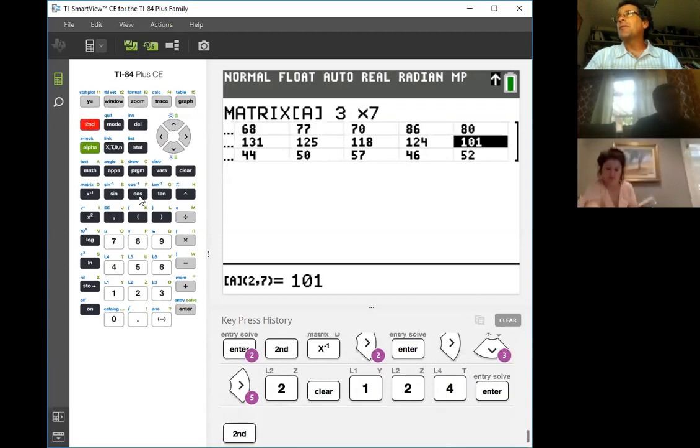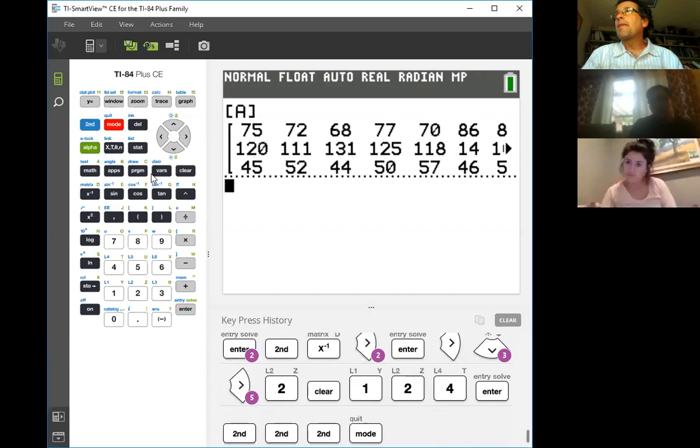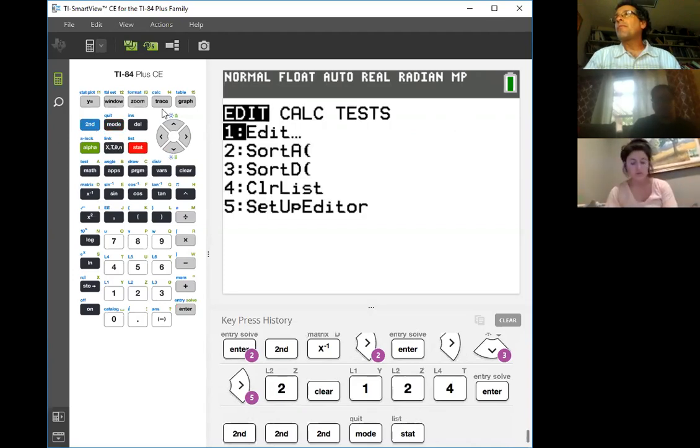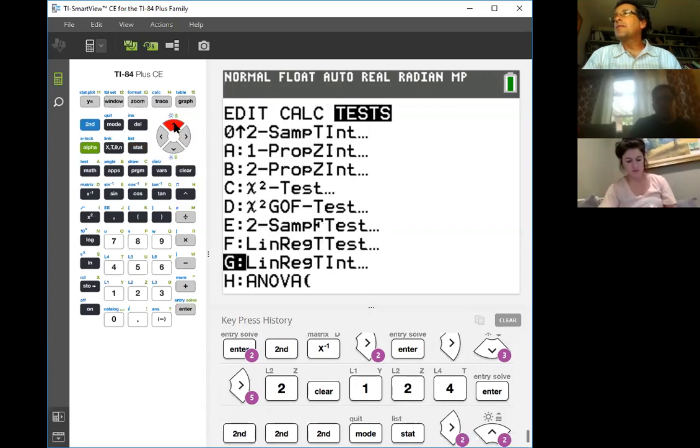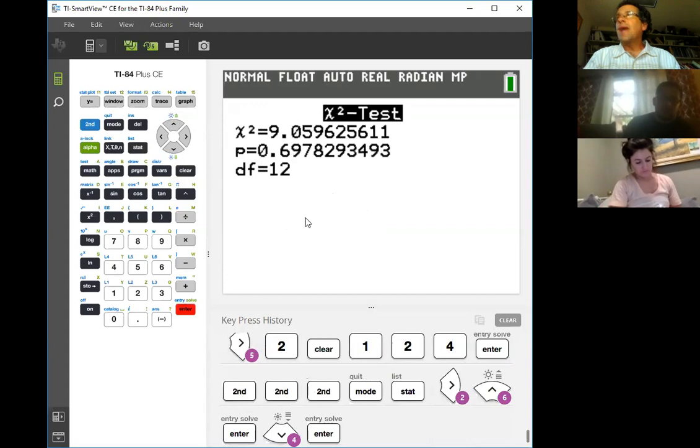Much better numbers. So I'm going to go to, it's not second, I'm going to go to stat. Tests. Chi-square test. And that's better. So yeah, typo will get you. Okay, so notice chi-squared is 9.0, and the p-value is about